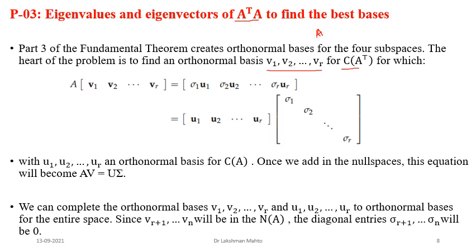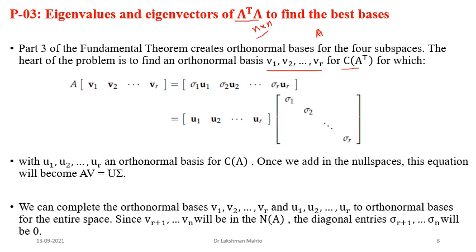This matrix is a very nice matrix. It happens to be a symmetric matrix, because A is an m by n matrix, so the size of A transpose A would be n by n. That means it is a square matrix. You can also easily prove that it is symmetric. So A transpose A is a very nice matrix: it is square and symmetric, and it is something more than that also, which I will talk about later.